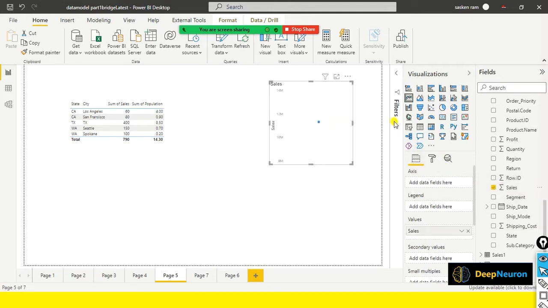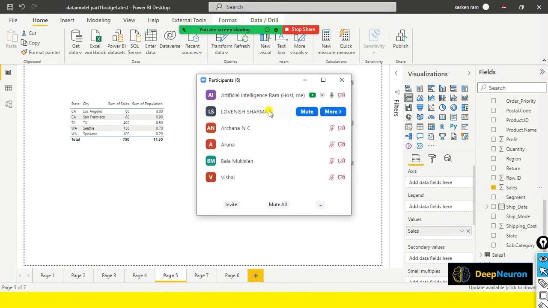For example, I'm going to drag and drop the sales. Either you can drag and drop it, or you can simply